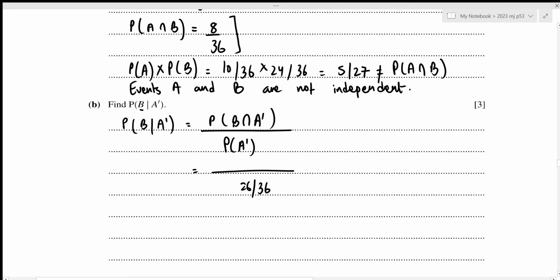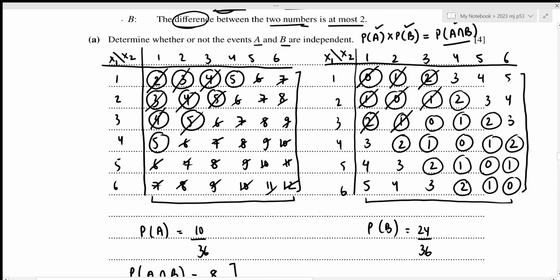Now for probability of B and not A. So probability of B are the circled ones, and the probability of not A are the cancelled ones. So we need to see which of these will match each other. So we have 1, then we have 2, 3, 4, 5, 6, 7, 8,